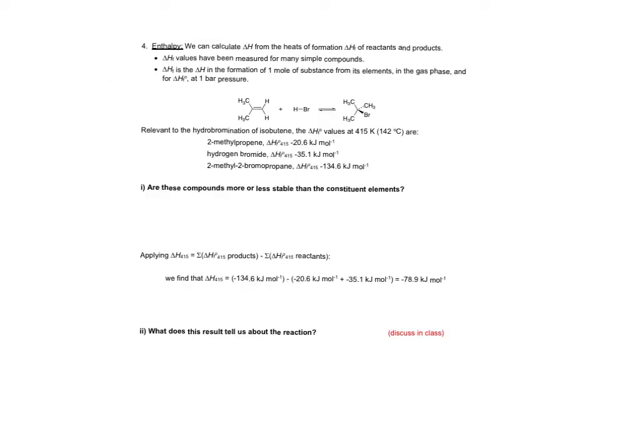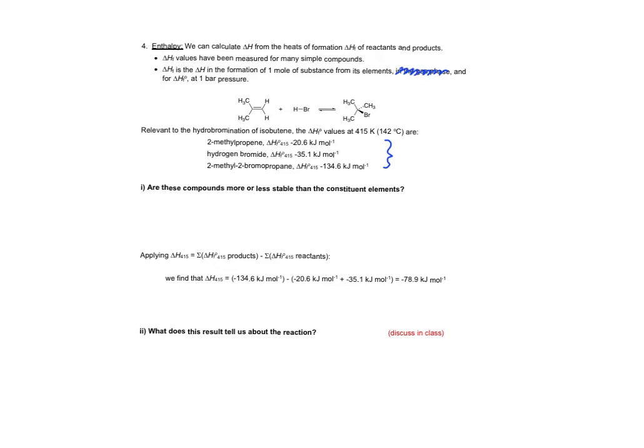The heat of formation is the change in enthalpy forming a substance from its elements, and not necessarily in the gas phase, but at a stated temperature and pressure. And for the standard thermodynamic properties table, that will be the elements at 298 Kelvin and 1 bar of pressure. For both reactants and the product,